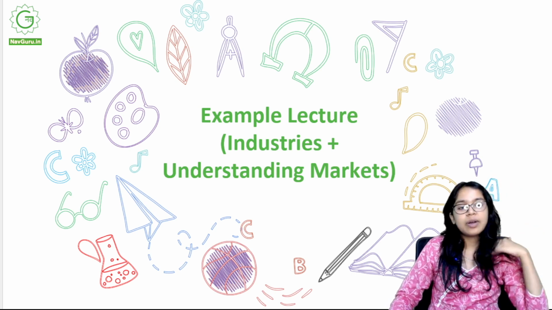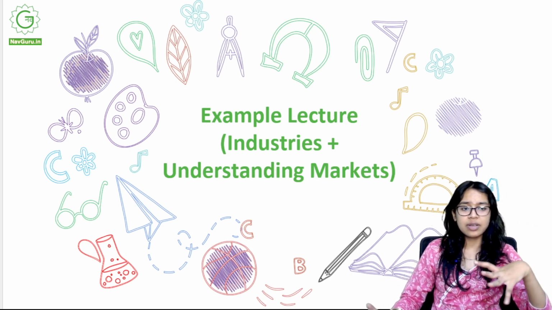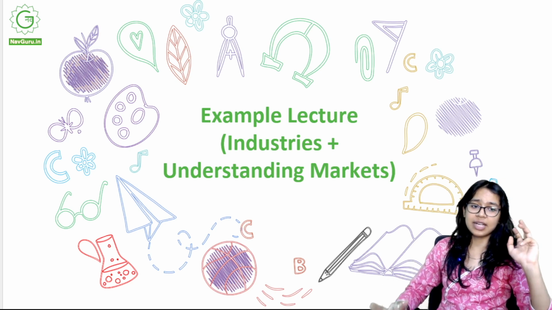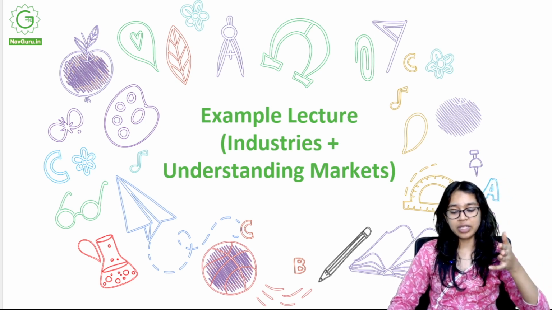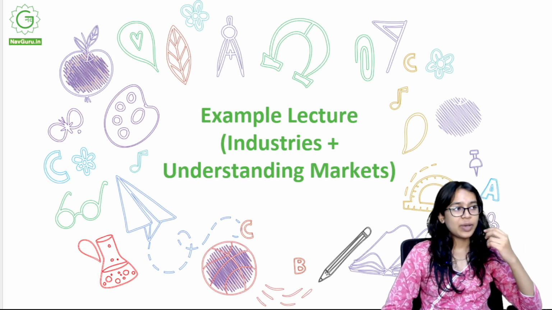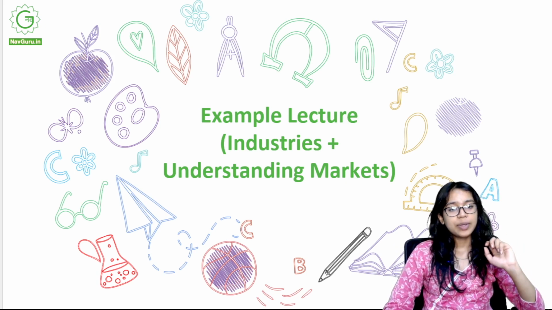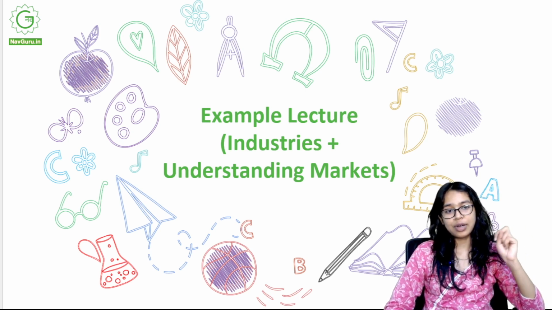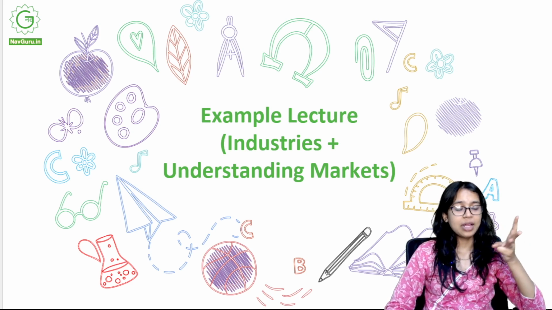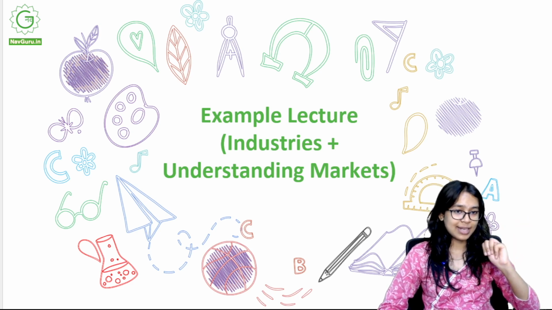And then we studied industrial areas, industrial regions, and the various factors that decide how the factory location is supposed to be determined. We studied the various kinds of industries themselves. We studied that they are divided on the basis of raw materials used, on the basis of size, on the basis of ownership, and then we have understanding markets.